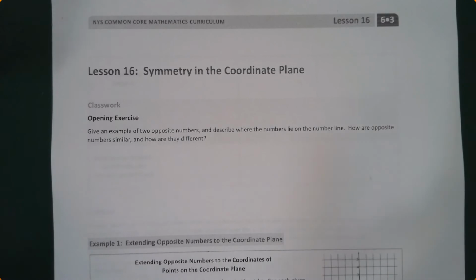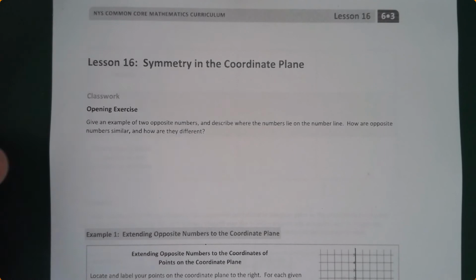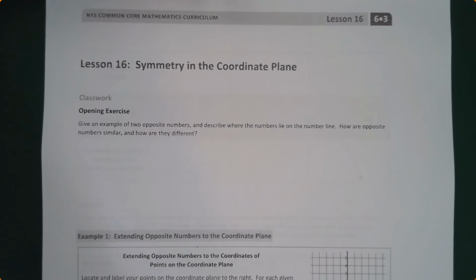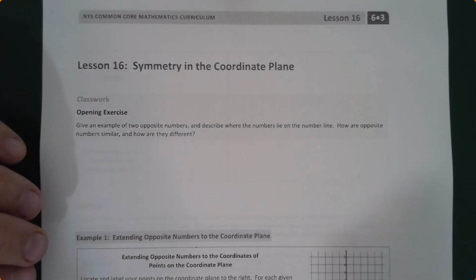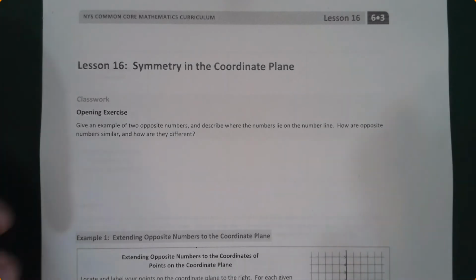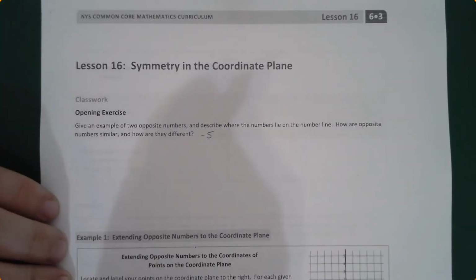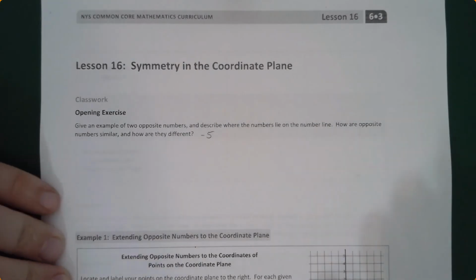Lesson 16, Symmetry in the Coordinate Plane. The opening exercise is to give an example of two opposite numbers and describe where the numbers lie on the number line. How are opposite numbers similar and how are they different? So here's the thing. We've already talked about opposite numbers and how opposite numbers are plotted on a number line. If I said, I'm going to list the number -5 and I want to know its opposite, what I do is I go ahead and draw a number line,